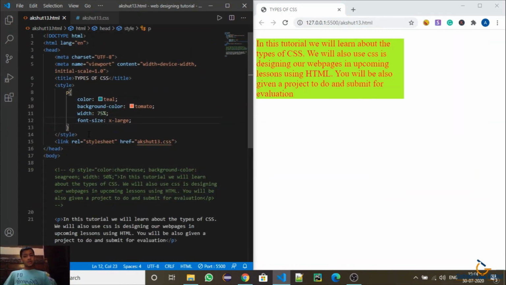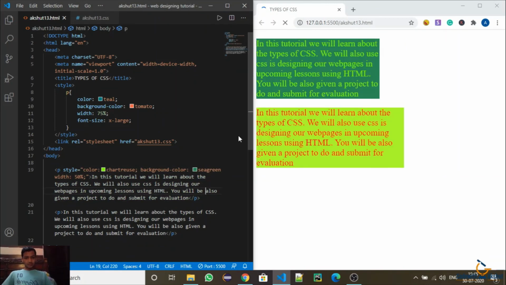Then I prefer internal CSS because it is in the head tag. Internal CSS also works well and helps to organize, but I don't prefer inline CSS, because it will only make us confused. I will uncomment this, and as you can see, two types are displayed, so this code is extra.